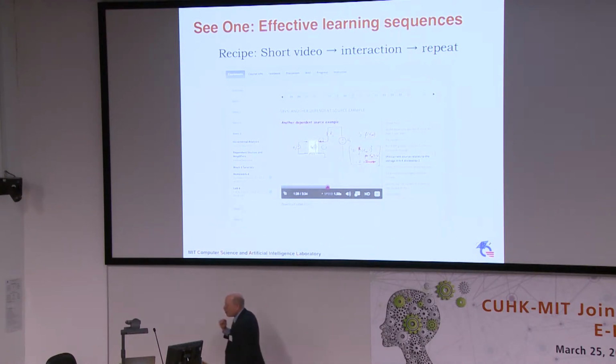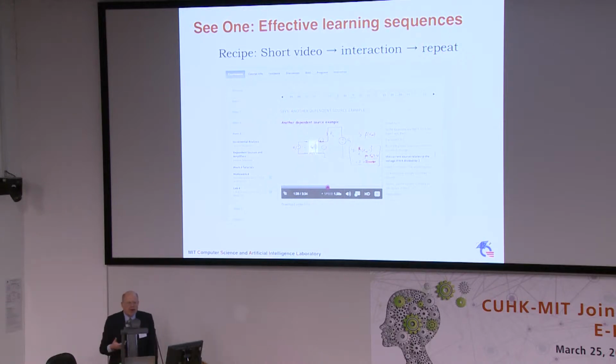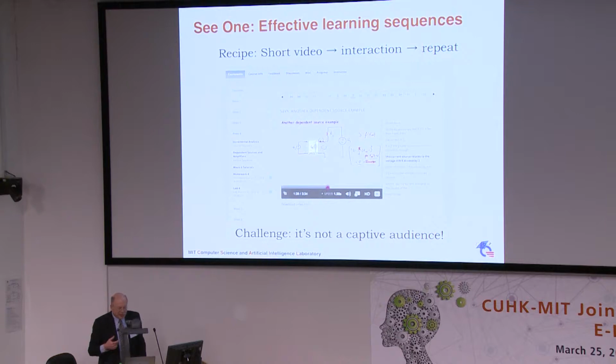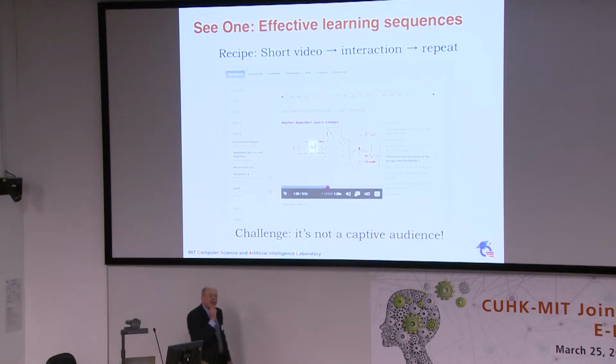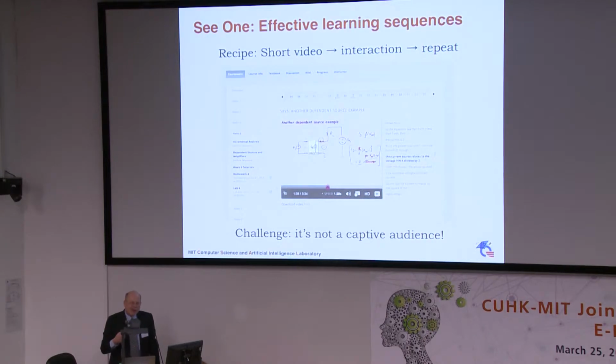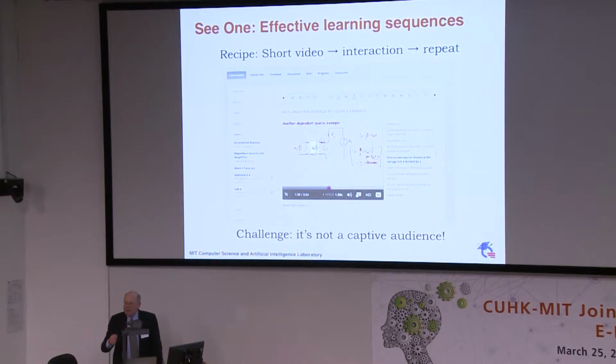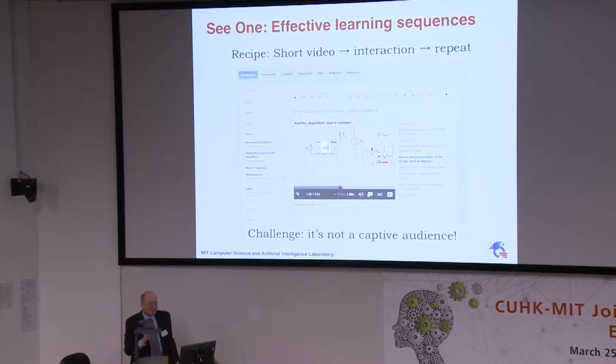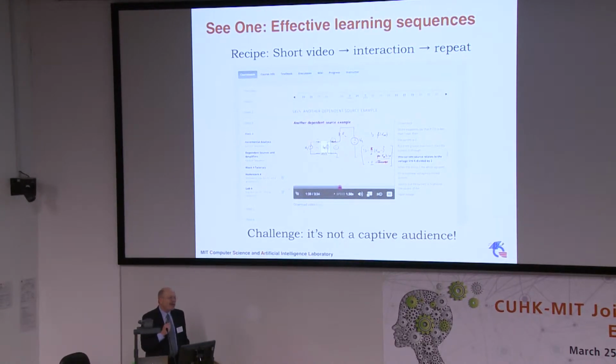So the question is, how do we, as teachers, start creating materials that are much more lively in that sense? The reason is that we don't have a captive audience. Somebody who's watching our stuff online can quickly go do other things online. So you want to make it so interesting that they really want to hear the end of that story. That's a challenge because we're mostly used to people who are trapped here for the next 20 minutes. If I'm a little boring in a piece of it, you're not suddenly going to click away and never see me again.